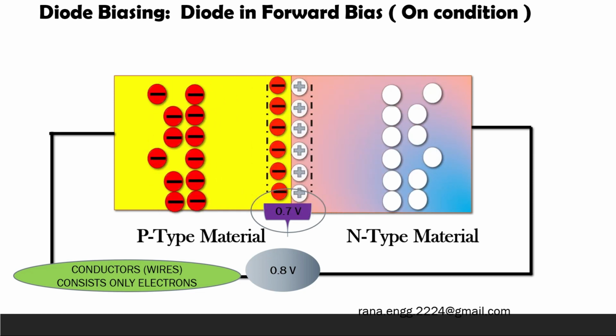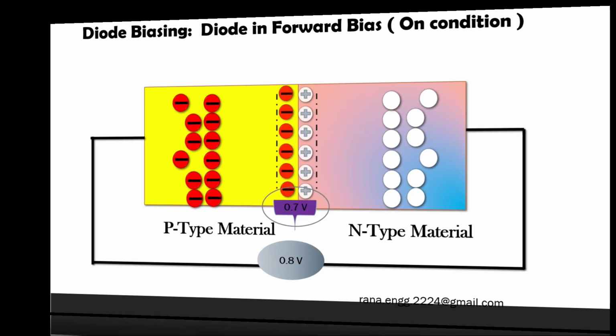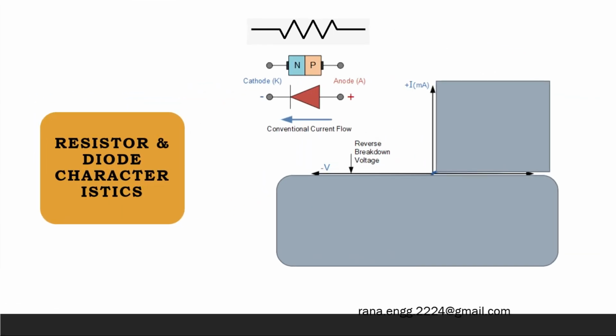Now let us check the characteristic of a resistor and a diode. Here we can see the symbol of a resistor which we use in a circuit diagram and the symbol of a diode. In a resistor, we get a graph between current and voltage in a linear shape as shown in this particular line. But for a diode, it does not follow linearity. It changes with respect to change in the values of electrons and holes, and we get some diagram like this.